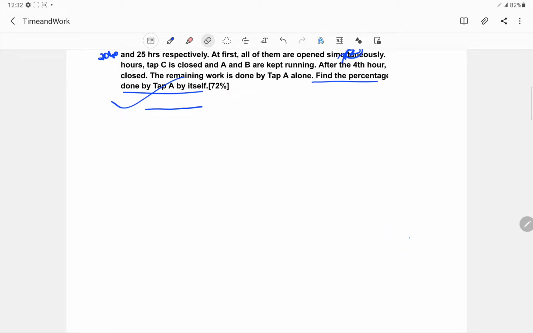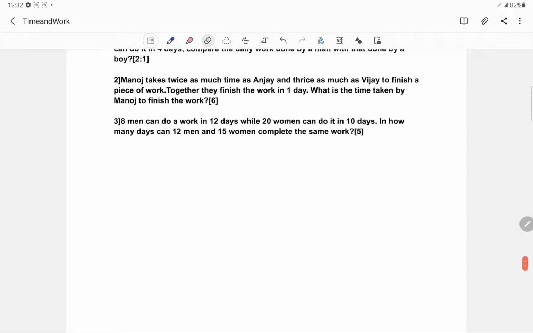Okay. You could have calculated it separately, that what was the individual work done of A. Then he was supposed to do 32 by 100 work. So he was supposed to do that 32 by 100 work. So you could have made that. And then individually I was able to realize, because every hour he is doing 1 by 10. So every hour he is actually doing 10 by 100. So next 10 by 100, next 10 by 100, next 10 by 100. That's the way I calculated 40 by 100 of that.